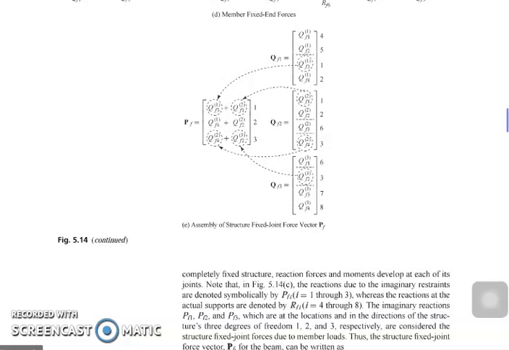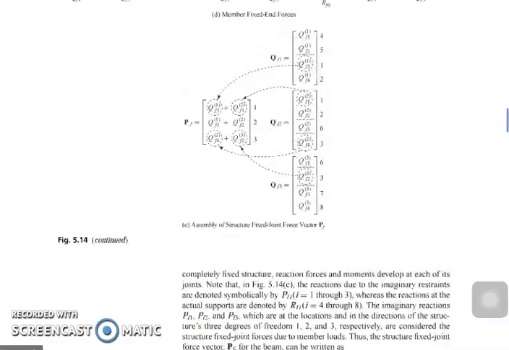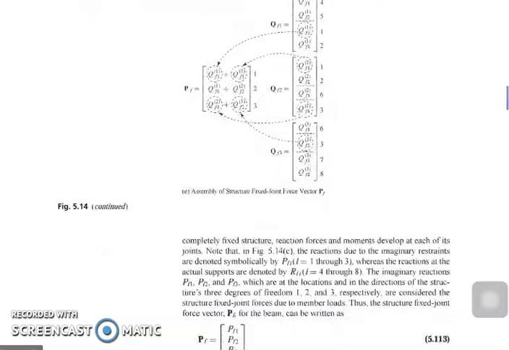Same procedure, you have to identify the code numbers at the beginning of the member and at the end of the member. For example, for this one, you write that on the side. Once you have that, you could identify now your P sub F. The P sub F is in the location and position of your degrees of freedom, so it is equal to the number of degrees of freedom. So you have to write that, and you have now to identify